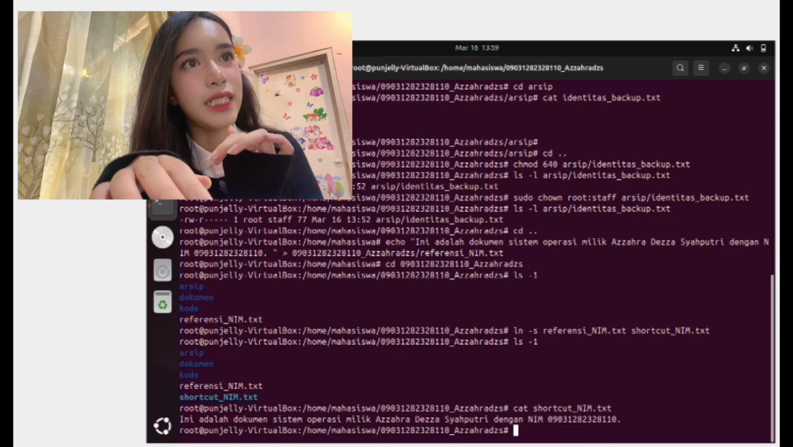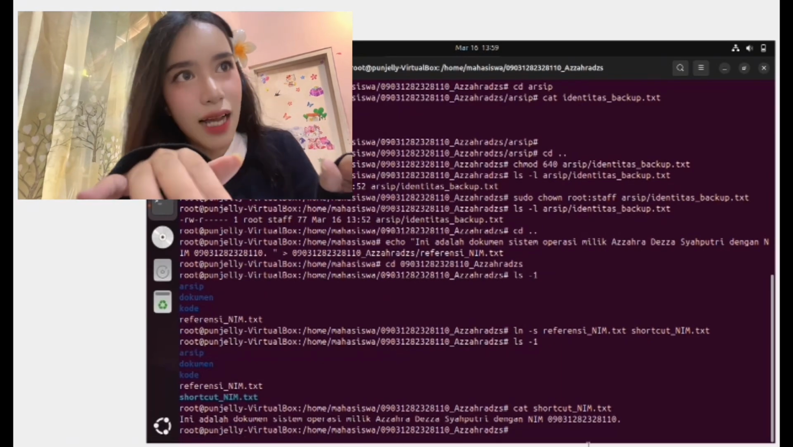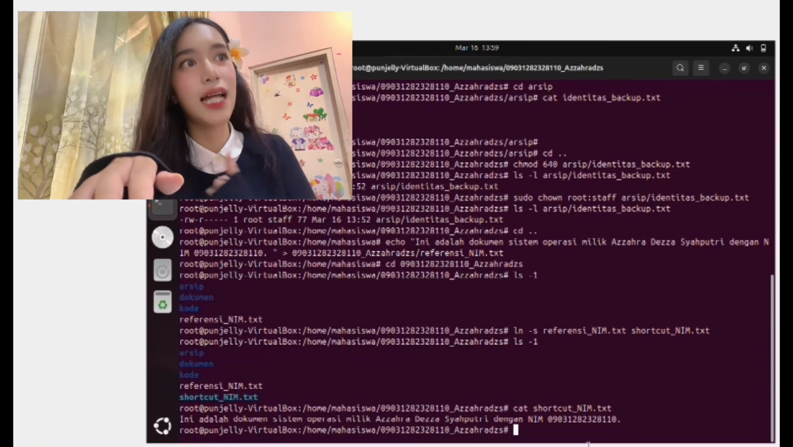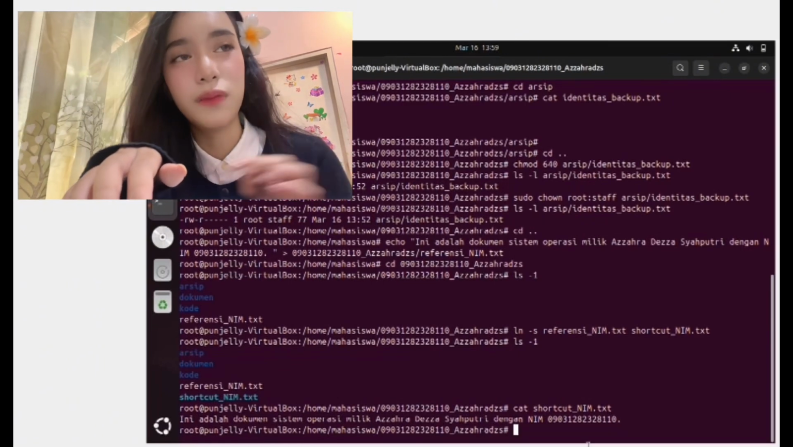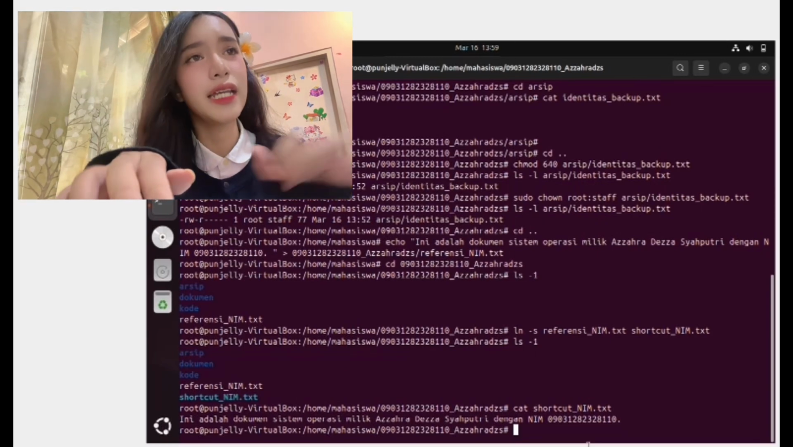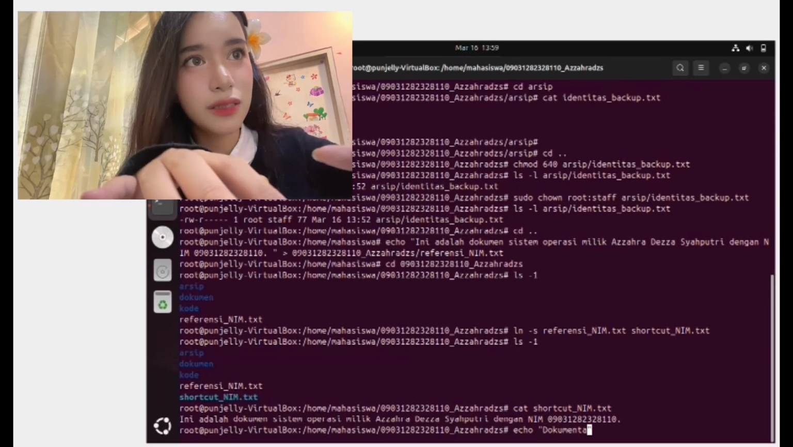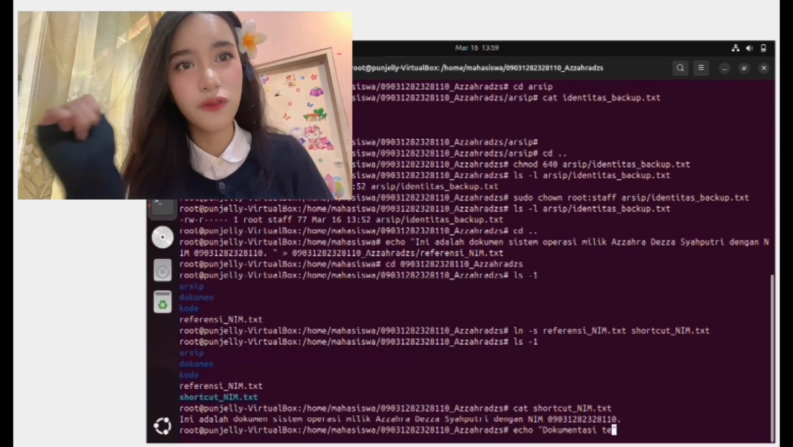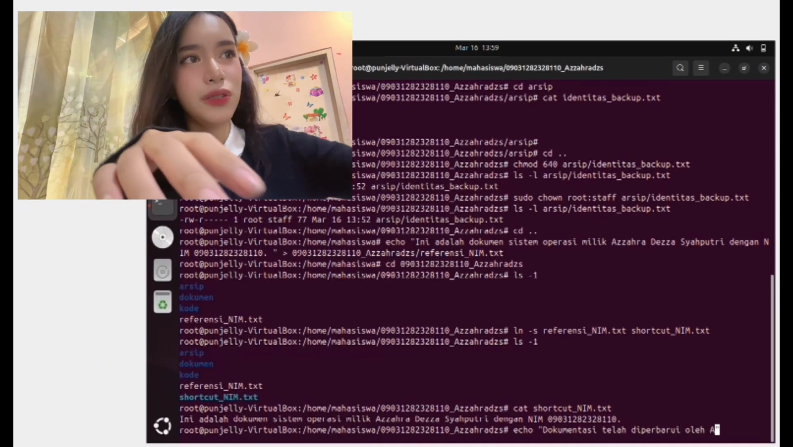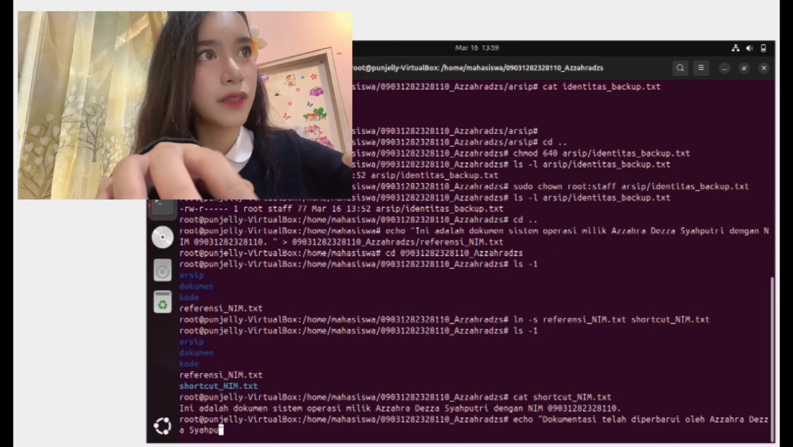Its content is shown with cat shortcut_nim.txt. And as you can see, ini adalah dokumen sistem operasi milik Azahra Deza Syahputri dengan NIM 09031282328110. Okay, now the next step is we modify the contents of referency_nim.txt to "dokumen telah diperbaharui",